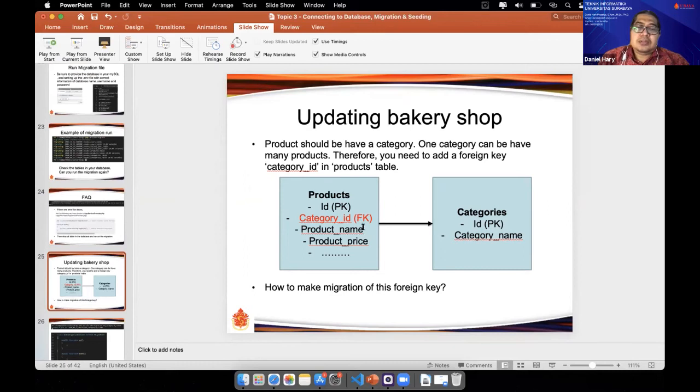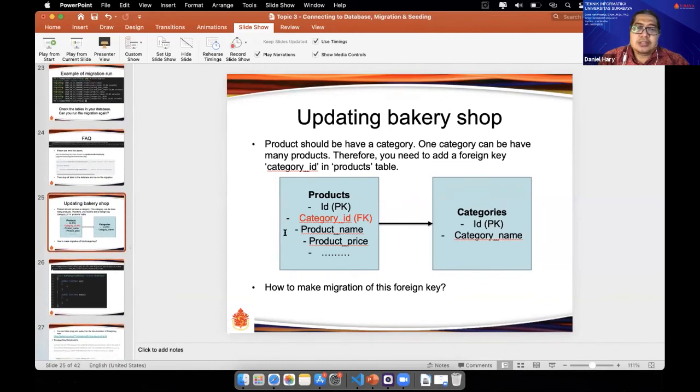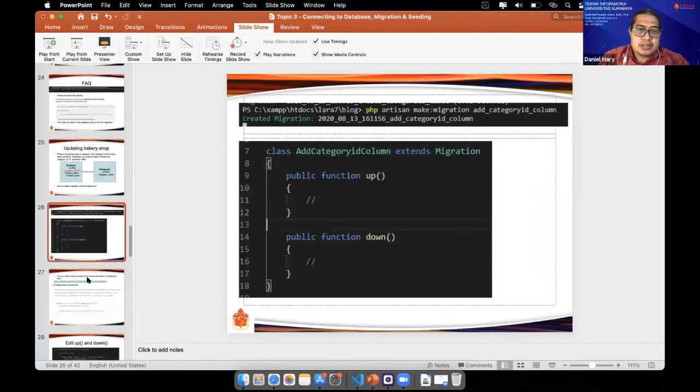So there is a category ID here, taken from the category ID in this one. So we have to create another migration that adds the category ID field in the product, and then create the relation.